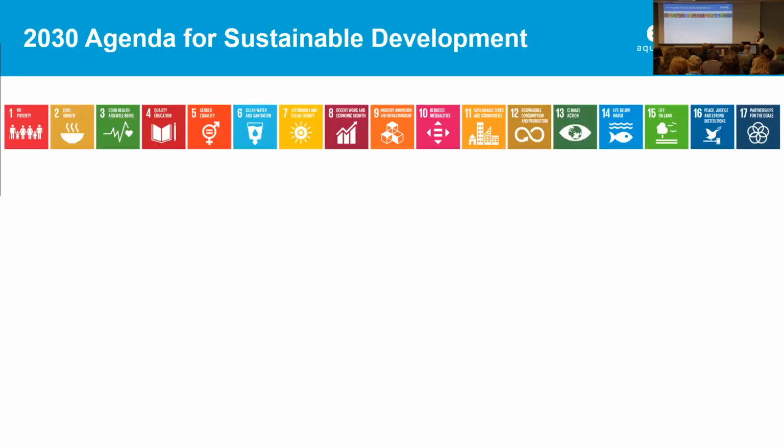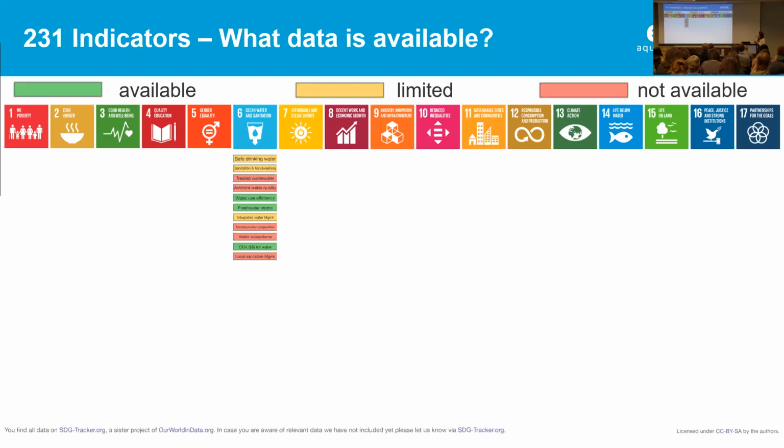So zooming out a little bit, when it comes to the Sustainable Development Agenda, I think you're all familiar with it. We have 17 different Sustainable Development Goals, and for these goals, we have these targets. To monitor progress, it's crucial, but also a big challenge, to have data on these targets. And so we have these indicators.